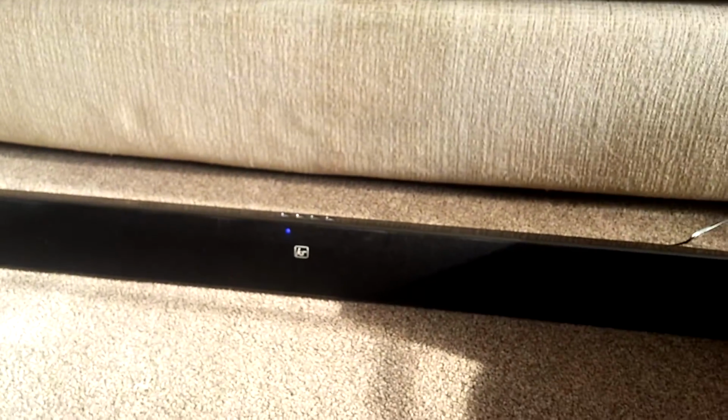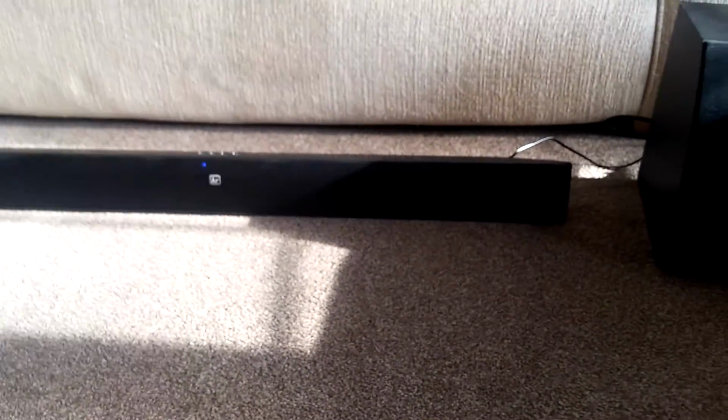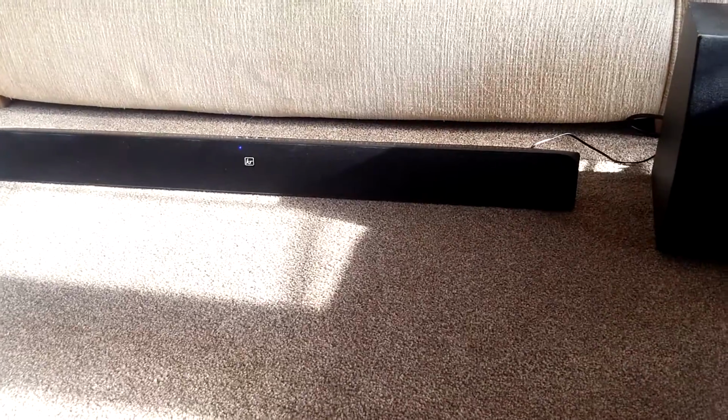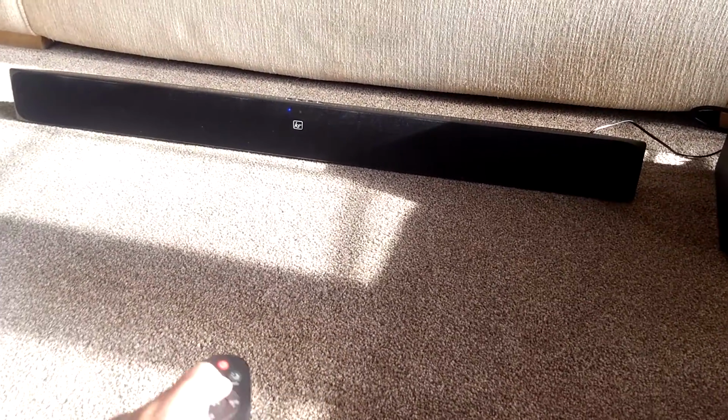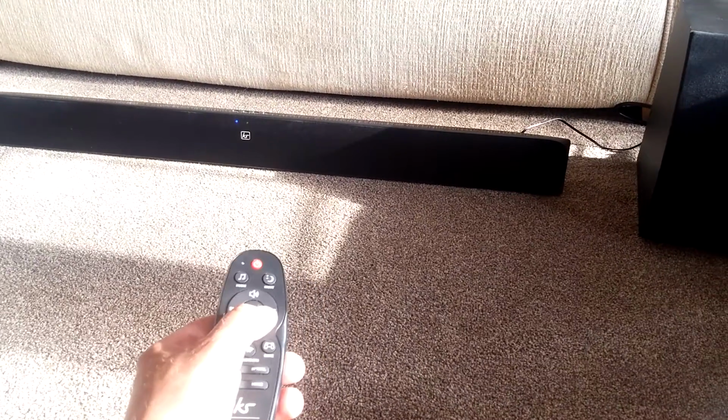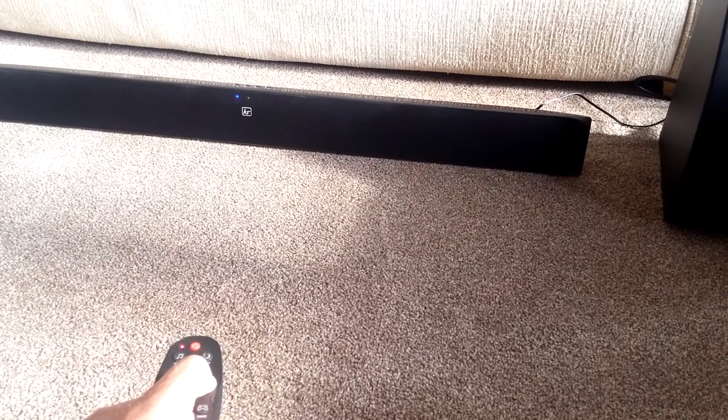The sound is incredibly bassy. Obviously with that subwoofer, it is very, very deep, and you can feel the bass. Not only hear it, but you can feel it. So I'm going to turn it up now. Okay, that is just turned up normally. I'm going to increase the subwoofer, pressing that. Again, you probably can't hear this, but the subwoofer is booming away here. I feel it booming. If you have any problems with connectivity, you just press the reset switch on the back,